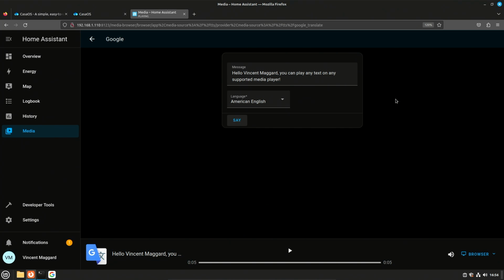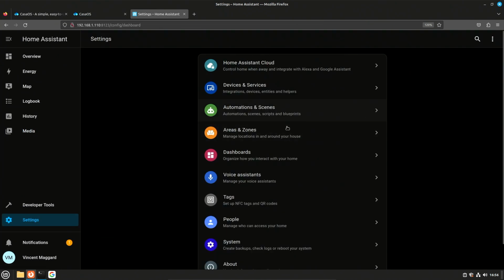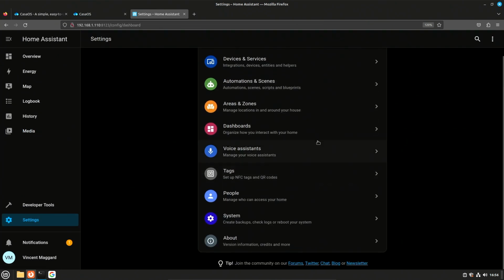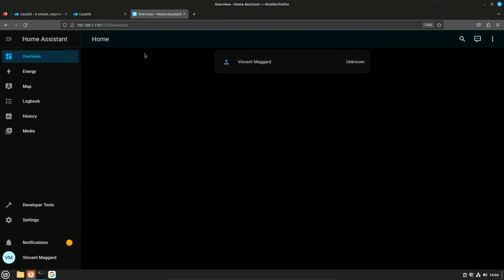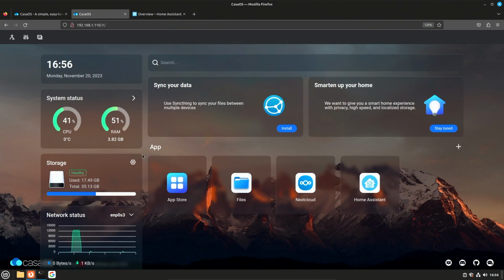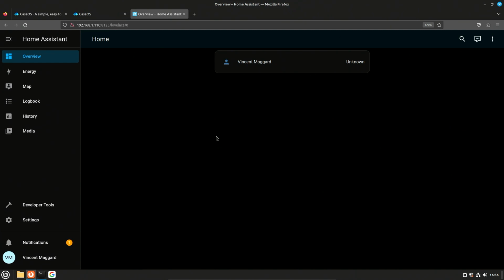Okay. I've got to tell you, I wasn't expecting that. Anyway, so we've got the ability to do text-to-speech here. I guess that could be used for some kind of automation and such. Again, I don't necessarily claim to be an expert at this because I'm just now looking at it. But my point is that we could use this to install this.